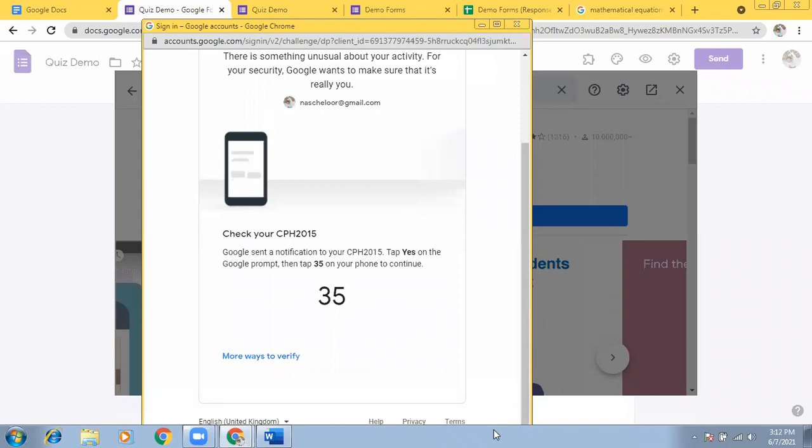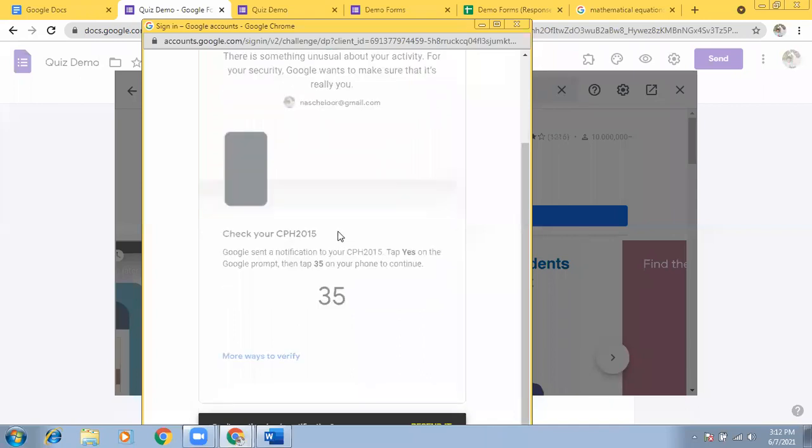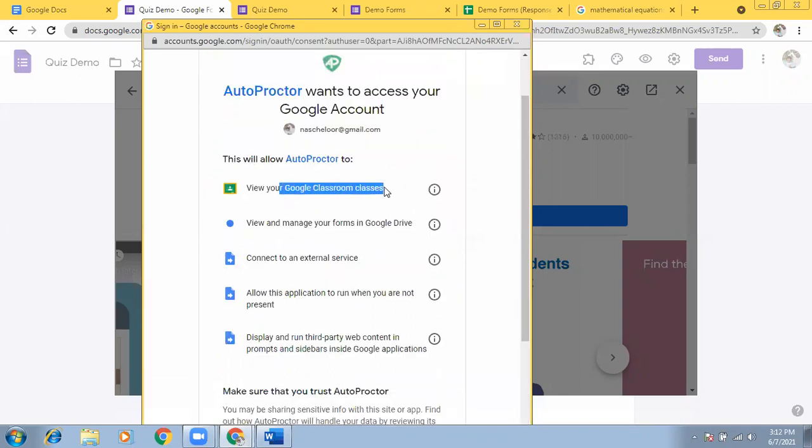Nowadays I am more conscious about these things because recently my Google account was hacked. Only with the help of the cyber police could I get it back. Now you see: view your Google Classroom. Why are they accessing our Google Classroom? Manage your forms in Google Drive. So they have access to Google Drive.